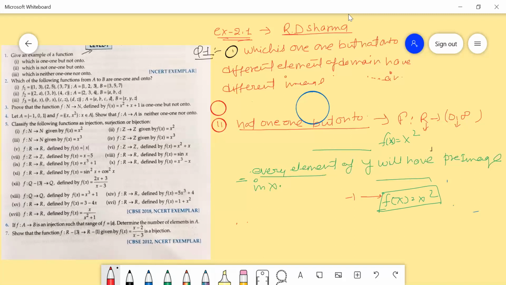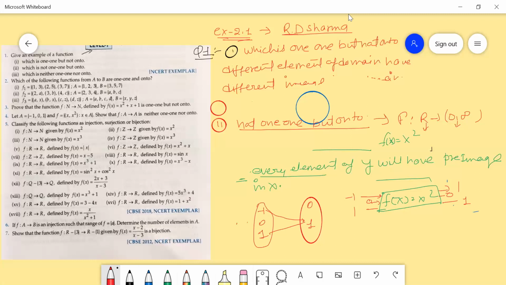So here we get 1, and when we take 0, we get 0, and when we take 1, we get 1. So when we draw an arrow diagram, the function takes -1, 0, and 1 to 0 and 1. So when we input -1 and 1, we find the same image for -1 and 1.